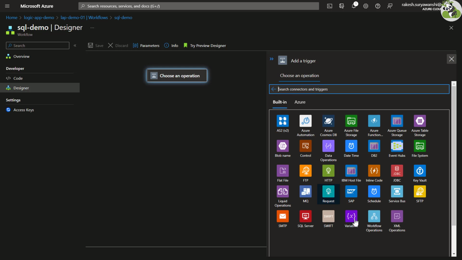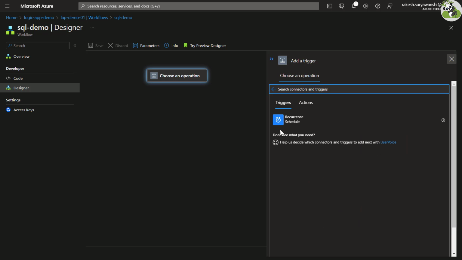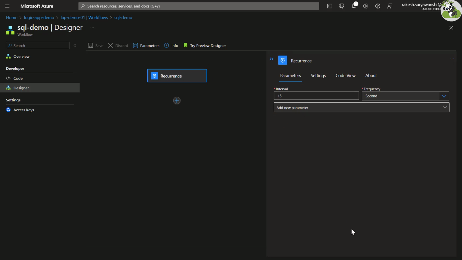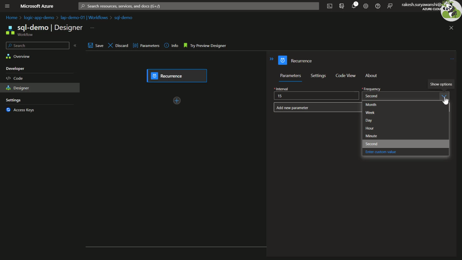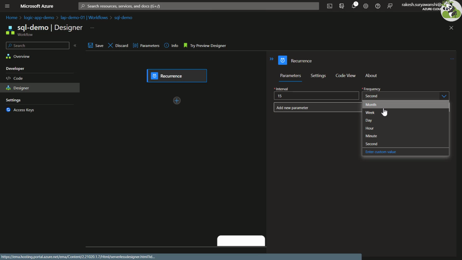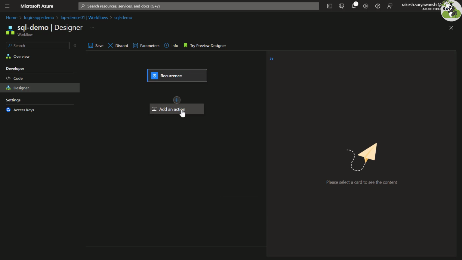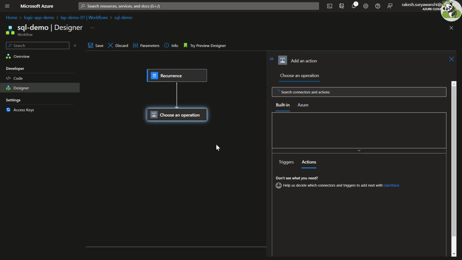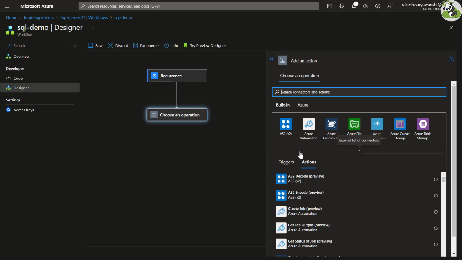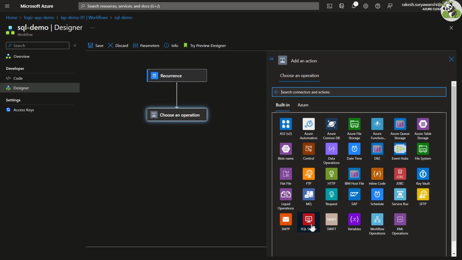type. First of all, I'll select this trigger type as a schedule to select a time-based trigger, and I'll say recurrence, and then I'll say every 15 months because I don't want to run every 15 seconds for sure. Now I'll add an action now to select the SQL connector, and if you look carefully, I'm using